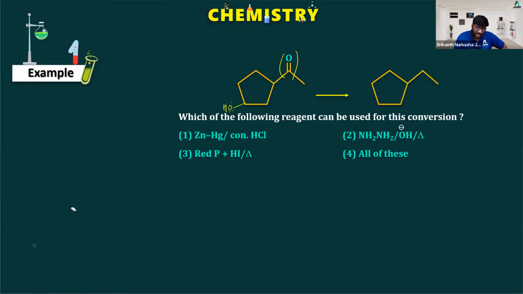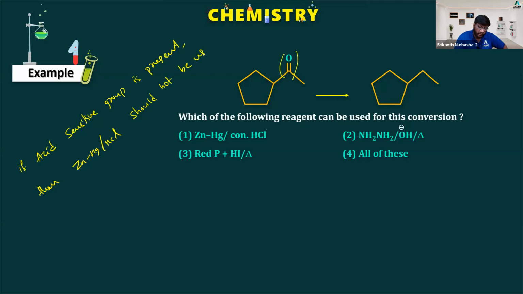If I have any acid sensitive group present, then zinc amalgam in the presence of HCl should not be used. If a base sensitive group is present,